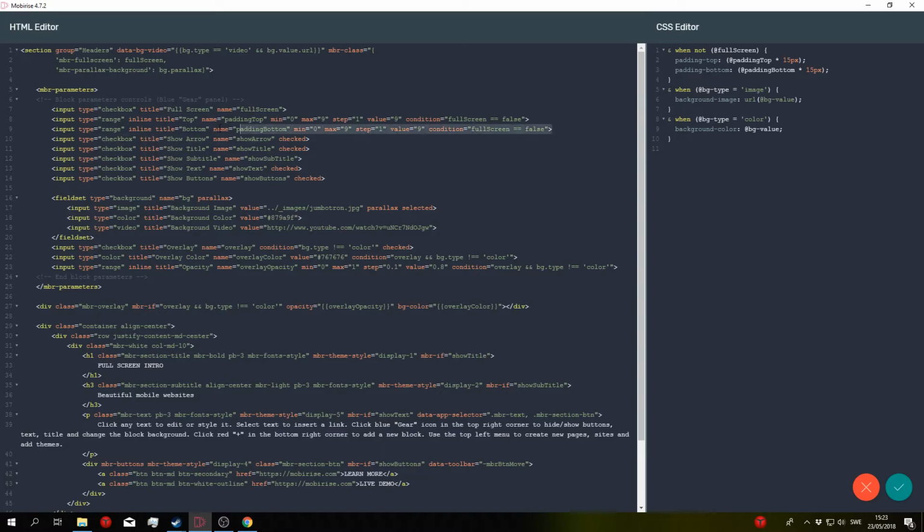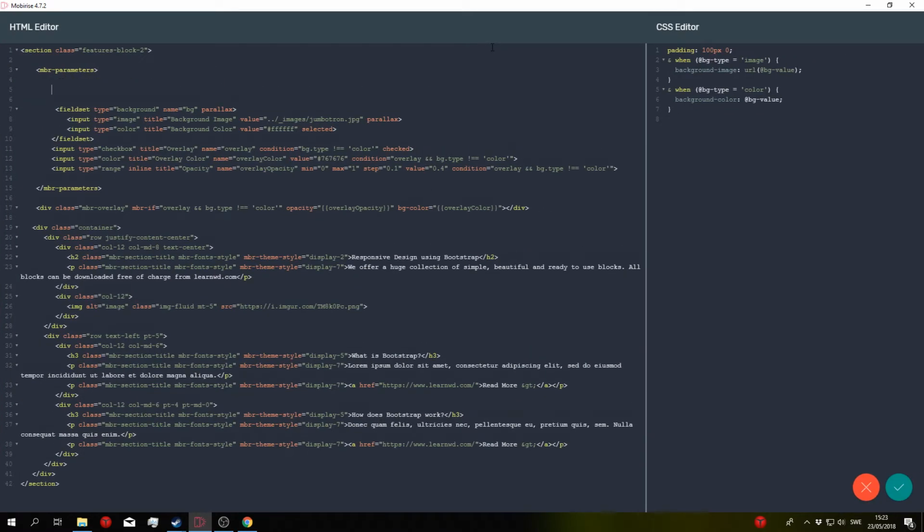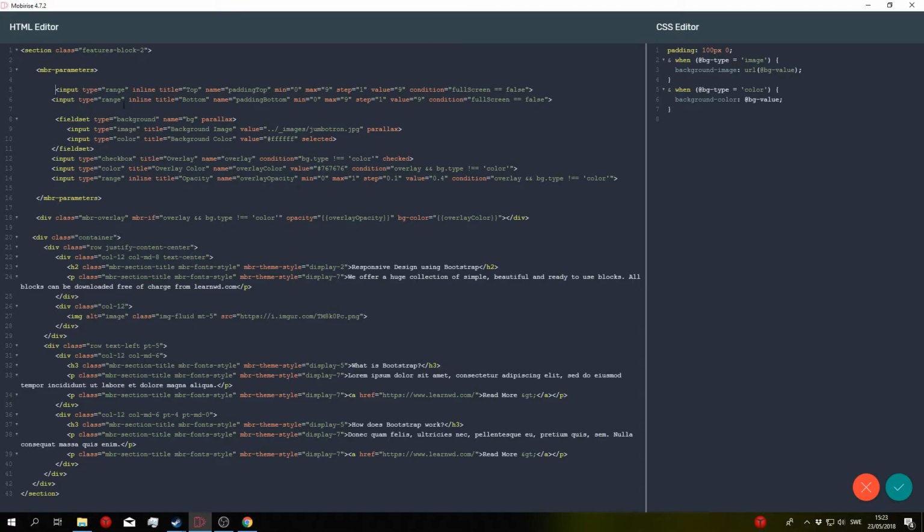So let's go ahead and copy these and modify them slightly. I'll put them on top here, like so. Since we don't have a full screen option, we can remove this condition right here. We want these to show up all the time. Okay, and then we can go ahead and remove this padding,